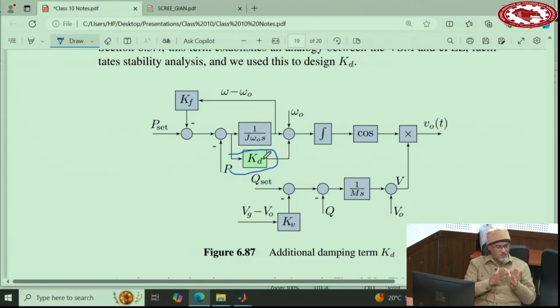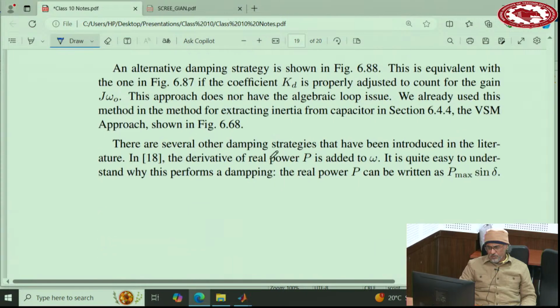Damping means that, for instance, if you have a differential equation, x double dot plus x equals 0, the response is a sinusoidal function. If you have x double dot plus x dot plus x equals 0, you have a sinusoidal which is exponentially going to 0. So this is damping. By adding this, you will add damping to the system and make the oscillations go to 0 faster. So the system responses go to 0 faster. So this, to me, is one of the best ways that so far exists for adding damping. A similar way is